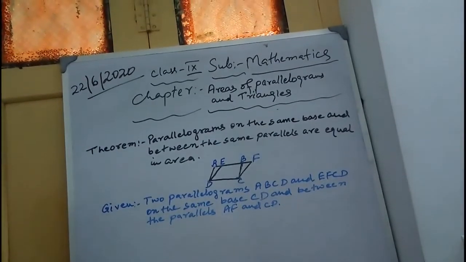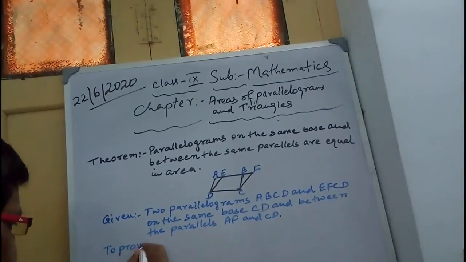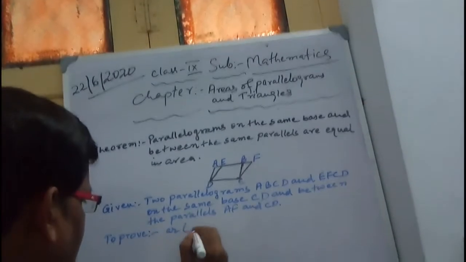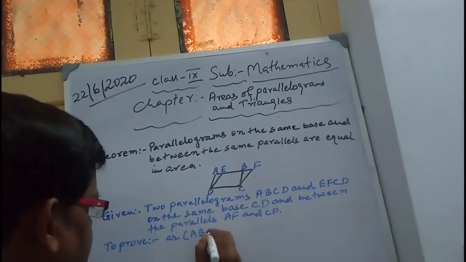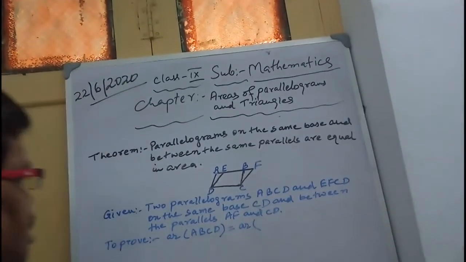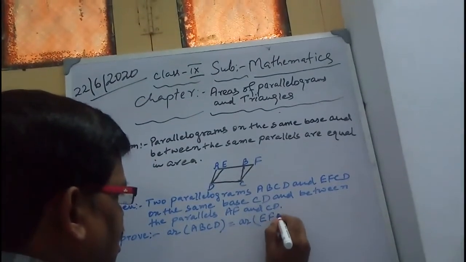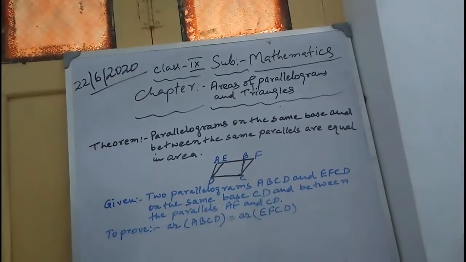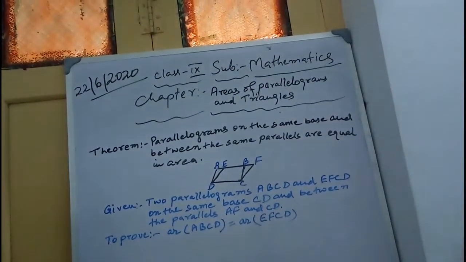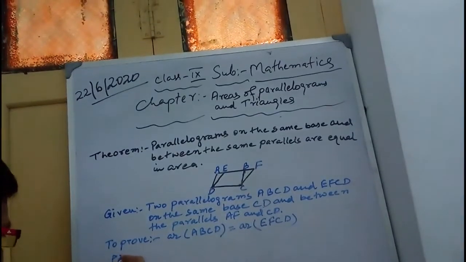To prove: area of ABCD is equal to area of EFCD. Proof: